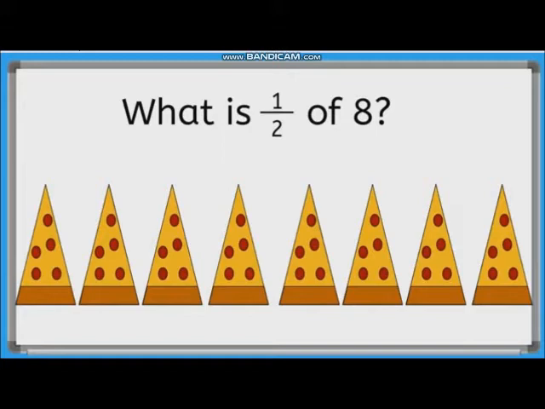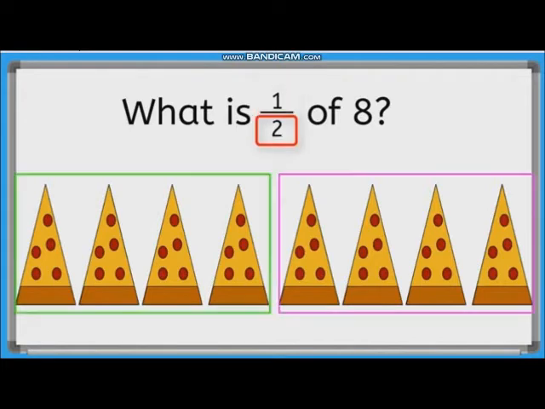So how we will divide these 8 slices into 2 equal groups? We will make 2 equal groups of these 8 slices just like this. हमें क्या करना है? इन 8 slices को 2 equal groups में divide करना है जिसमें इनके equal portions आएंगे, and each group will get 1, 2, 3 and 4 slices. So हर एक group में कितने slices आएंगी? 4 slices आएंगी. So the answer is 4.